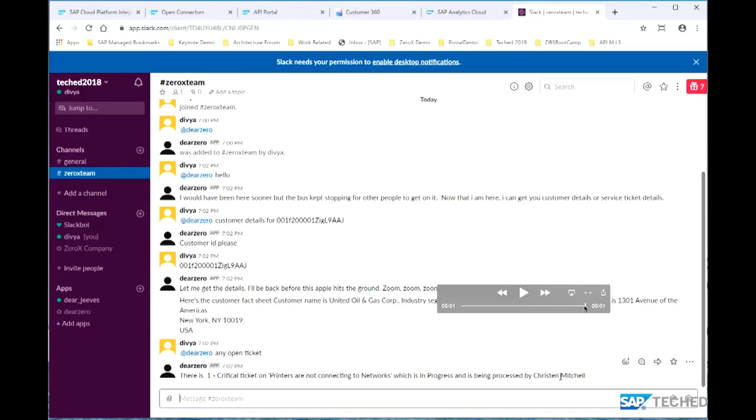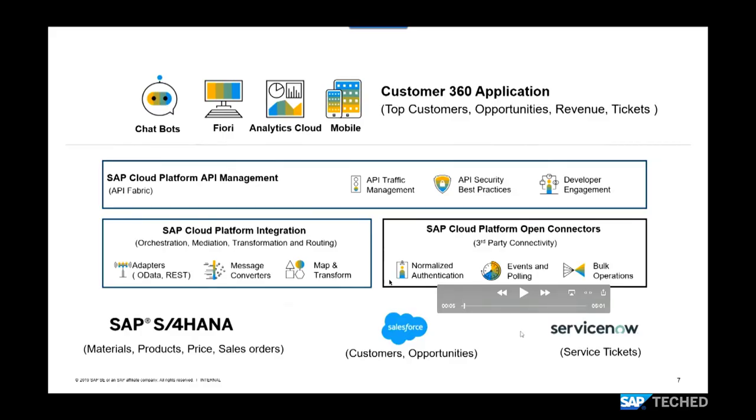So what did we really look at here? Let's do a wrap on the demo. The problem that we wanted to solve, we have a heterogeneous landscape. We wanted to integrate it. So S/4HANA, Salesforce, ServiceNow, we showed integration. We showed out-of-the-box integration in some cases. Then we showed how we could open up these systems through APIs. We used CPI to do protocol transformation between plain REST, created OData services, put all this in one common access way, like